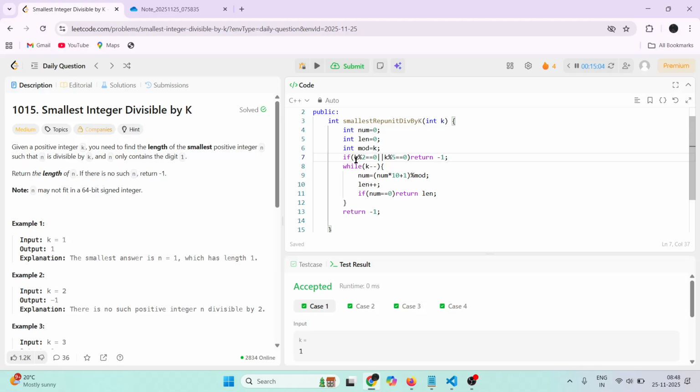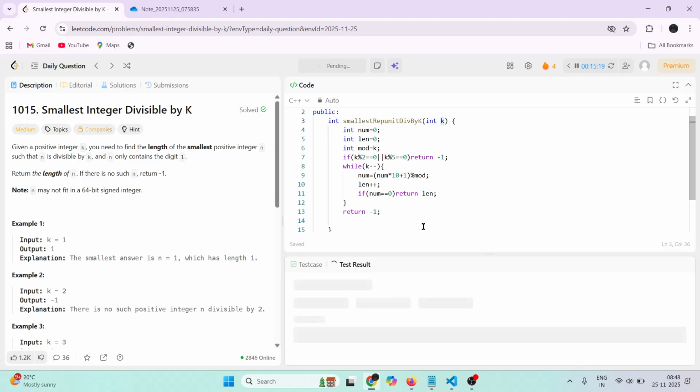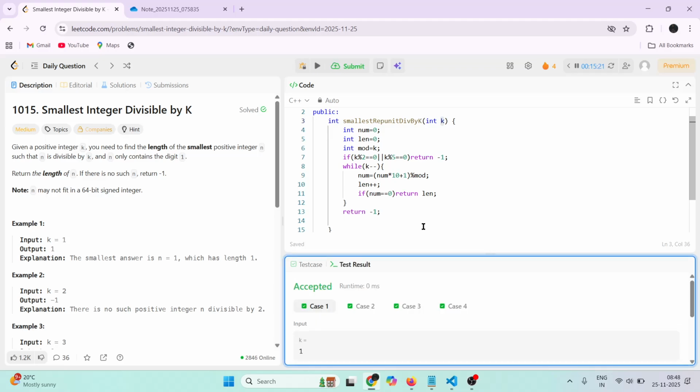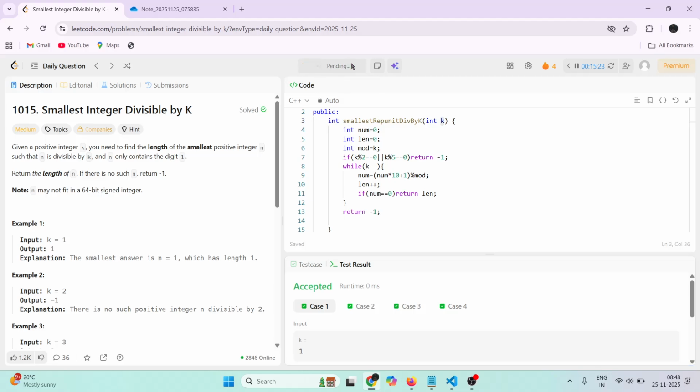Whatever the number is, this is just going to improve our code, because whenever k is divisible by 2 we are not going to find it, and the same for 5. If we run and submit,